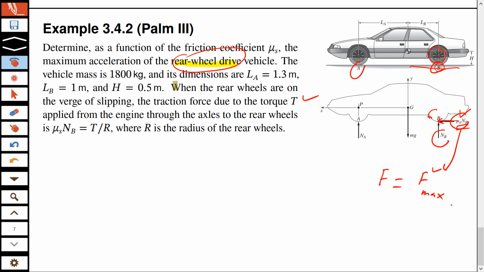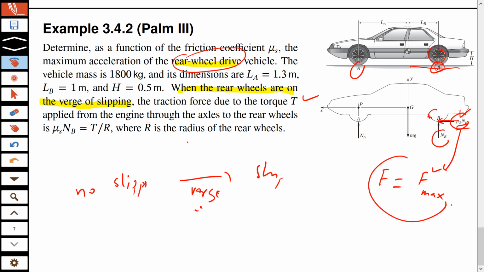Just read it out loud. When the rear wheels are on the verge of slipping, देखो ना, आप no slipping से slipping में आ रहे हैं, तो ये जो slipping की boundary है, verge of slipping, इसमें ये F maximum आ गया है. Your F now becomes F maximum, और इसके बाद ये static का maximum है, इसके बाद dynamic शुरू हो जाता है. ठीक है. So that's why